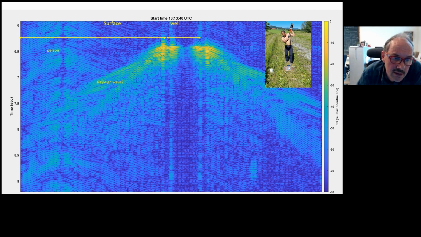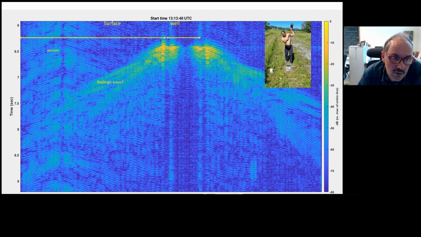What I want you to notice here is the signal from a person walking. That's what you see here. This is a person walking along the fiber. It's time along the vertical axis and distance along the horizontal axis. So it's 300 meters. And then we made a shot with a sledgehammer here, and then you see a much